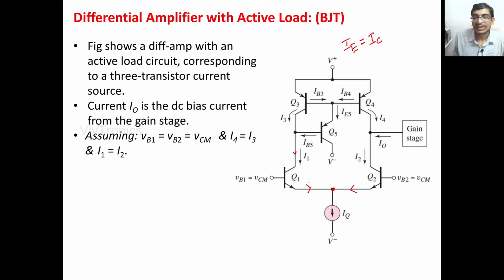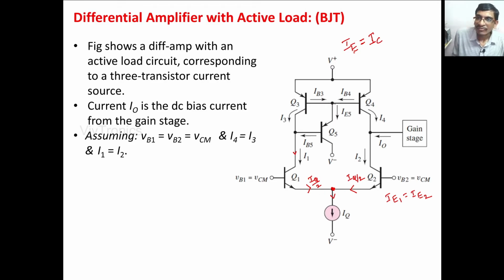But these two transistors are identical, therefore both emitter currents are equal. Therefore IE1, the emitter current of the first transistor, will be equal to the emitter current of the second transistor. These two, IE1 plus IE2, become the IQ current. IQ is a leaving current. Therefore we can say IQ is evenly divided for each transistor's emitter current. The emitter current at Q1 is IQ by 2 and the emitter current at Q2 is IQ by 2. That is the currents of the emitters.